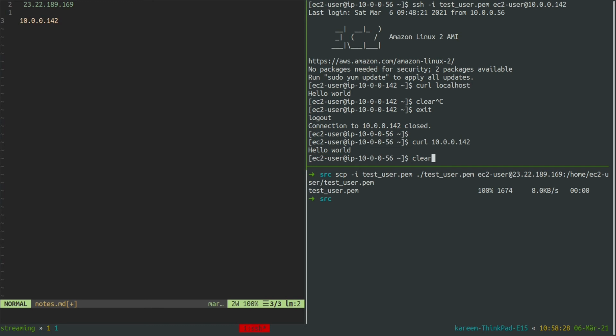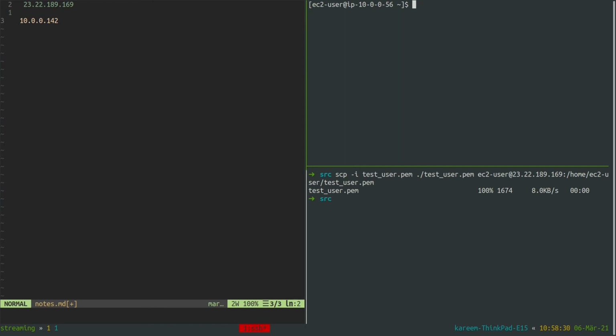I should also be able to access the web server. Now what I'm going to do is remove this identity file from my public instance first, and I'm going to use another approach called SSH tunneling to be able to access this private instance from my local machine while having this public instance in the middle.